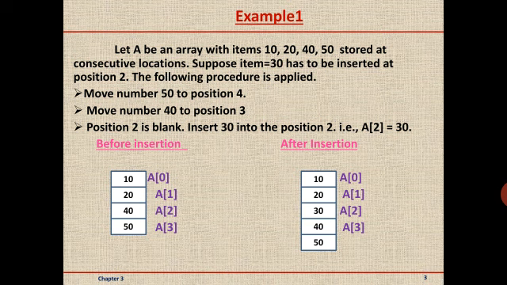So one more operation on the array is sorting. What do you mean by sort? Sorting is the arrangement of elements in some specific order. There are two different orders, you know that: ascending order or descending order. There are various algorithms, it may be bubble sort, selection sort, quick sort, heap sort, etc. But for our syllabus only the insertion sort algorithm is there.